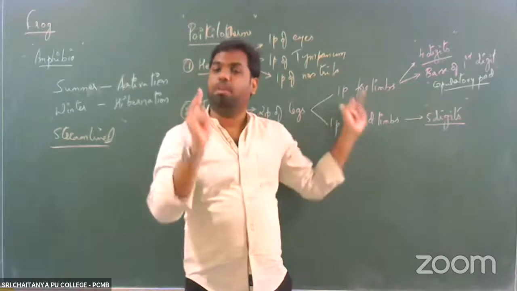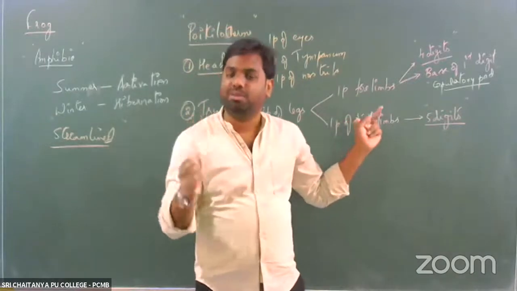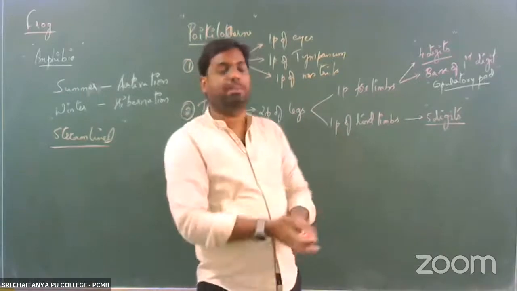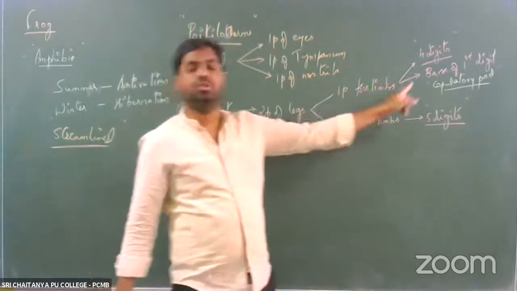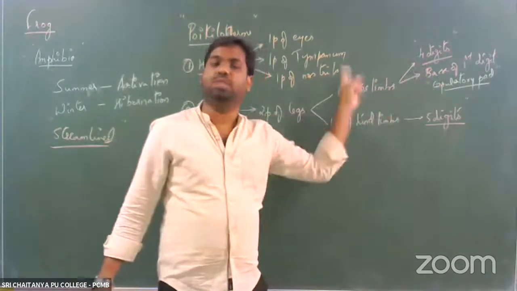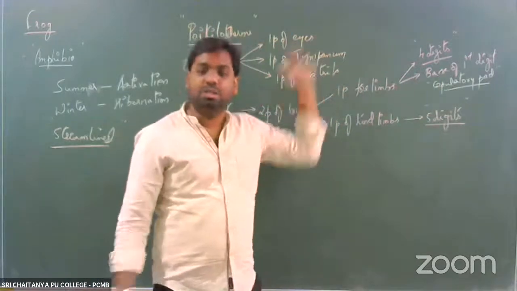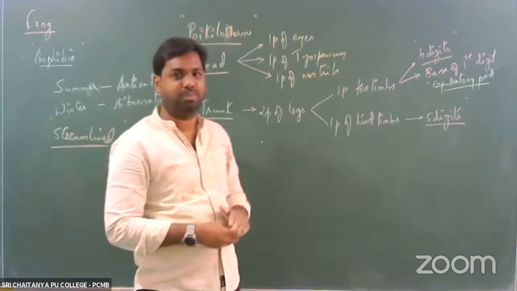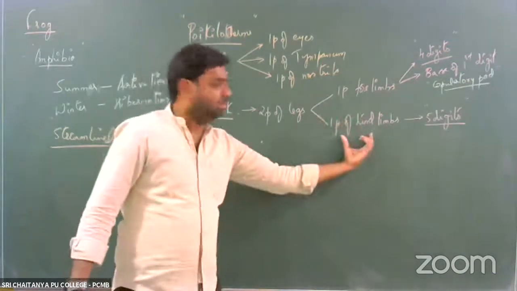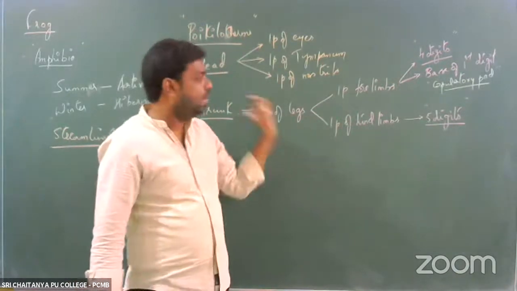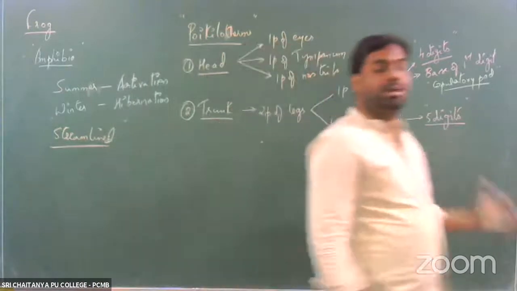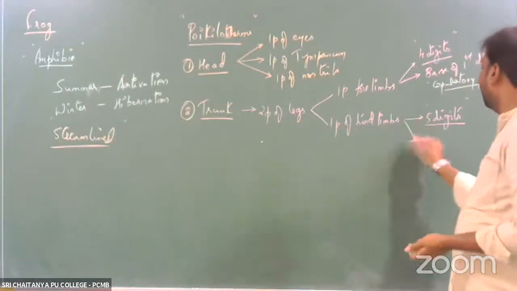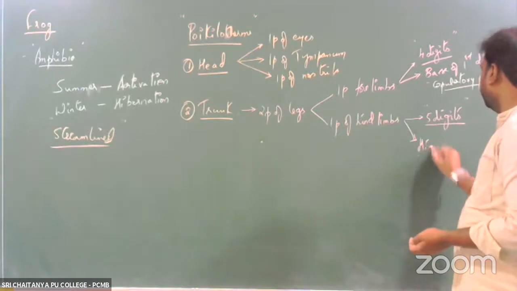Second thing, if copulatory pad or nuptial pad is present, it is again a male organism. And what is the location of this copulatory pad or the nuptial pad? At the base of the first digit of the forelimbs in case of the male frog. Right? So this is how we identify between a male organism and a female organism. Next one, talking about the hind limbs of this organism. So hind limbs, we said, are made up of 5 digits and are a highly muscular structure.